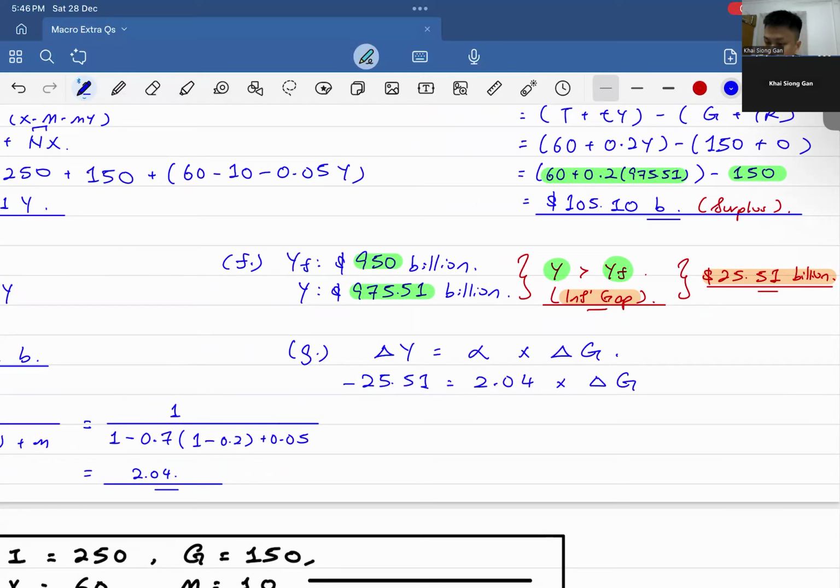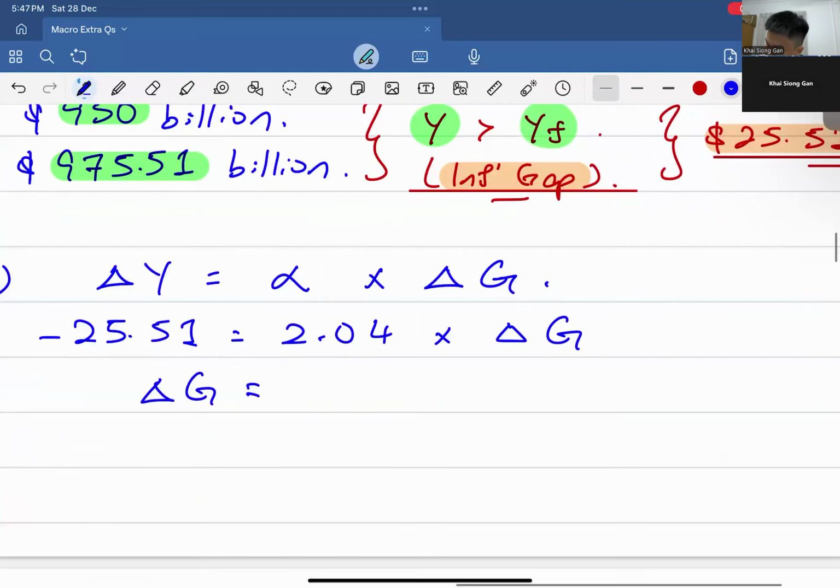So here, because I want to reduce, therefore to reduce at the end, you will get a negative answer. So try and see what value you will get. 25.51 divided by 2.04, you will be able to get negative